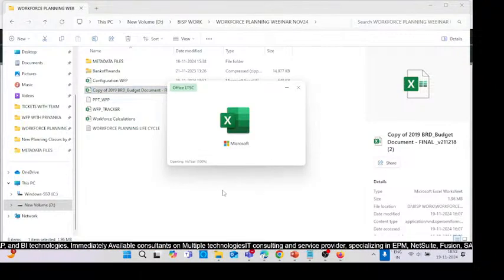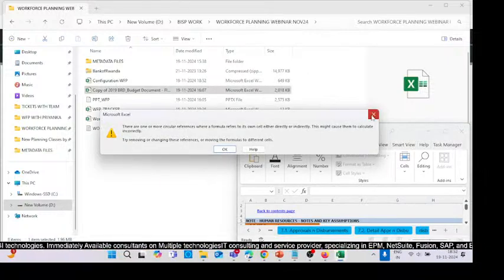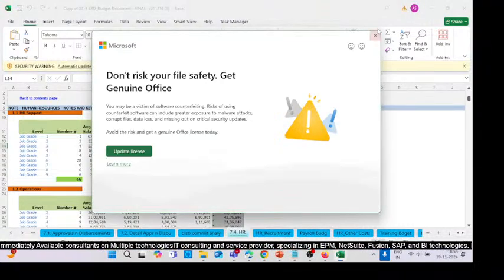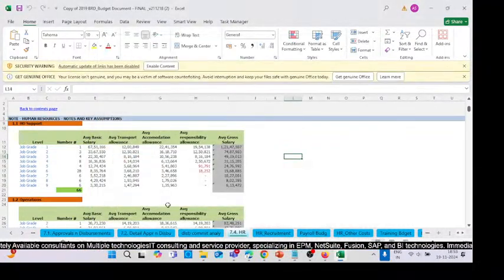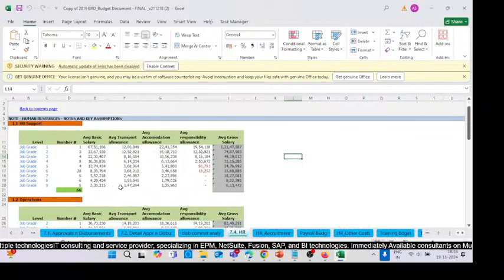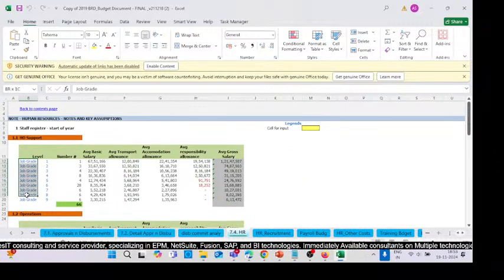We are doing this workforce planning for a bank, so everything will be according to a bank, which is a very huge bank with so many employees, and a very popular bank. Okay, so let's see what my actual figures will be. So many grades are here right now. You can consider that it is real data. So we will be working on this so that you get an idea of how we can use